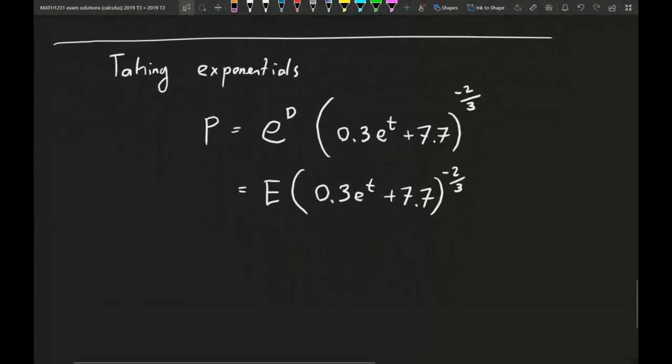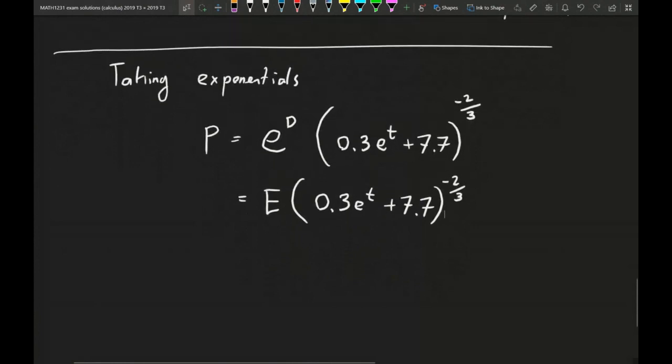Now is a good time to apply the initial condition. So the initial condition was that the initial amount of pollution was 4 tons. So that's P of naught equals 4. So this was just P of T. So using